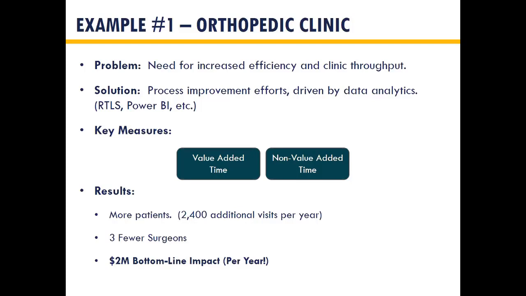math. In this case, the number I don't have on here is something like 15 to 18% more productivity through the organization. A couple million dollars of bottom line impact. That's a pretty powerful story. That's what it means to become a data company and have an effective data strategy. And this is really one small part of a larger health system. It's just looking at an orthopedic clinic and how we can apply data to improve results and make the